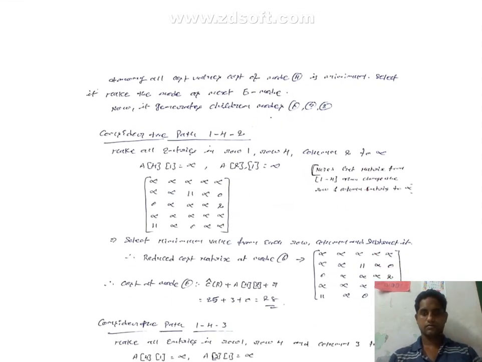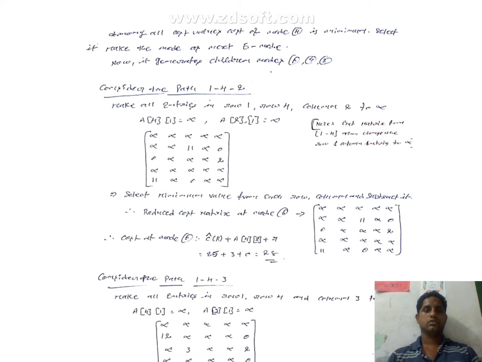Next, the fourth node: 1 to 2, 1 to 3, 1 to 4. Now it generates nodes 6, 7, 8. The cost of node 4 is the minimum. So since the fourth node is the minimum, we now proceed by assigning from the fourth node. Okay. Next, 1 to 4 to 2: we take row 1, row 4 and column 2 as infinity, and check all of them again.